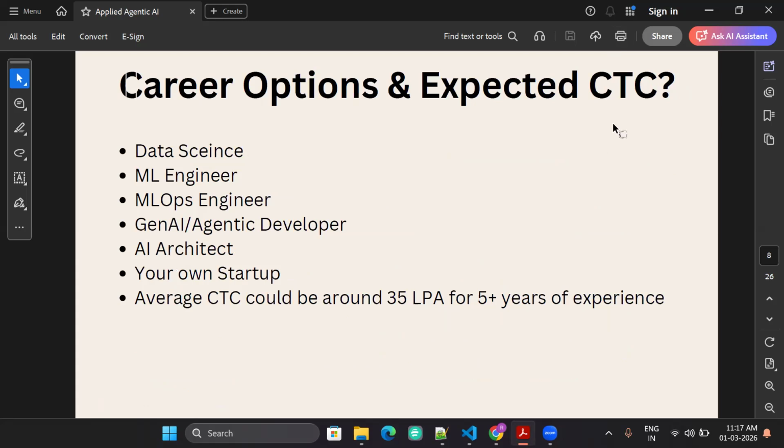So now, what are the career options? As I said, coding will cease to exist, but it doesn't mean the coding, the logical reasoning, or writing the blocks of code across different microservices, front end, back end layers, or in each component, the different best practices, that will not go waste.